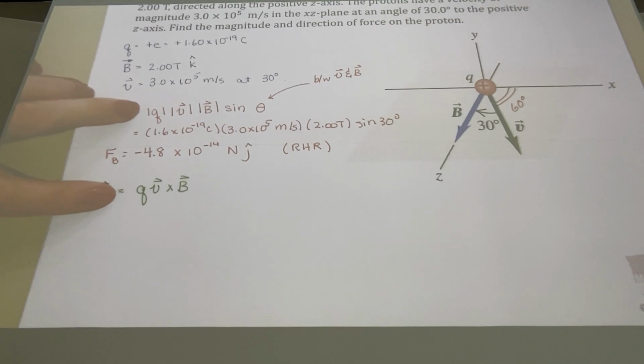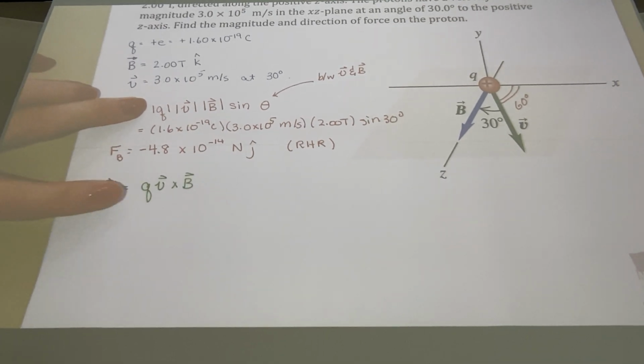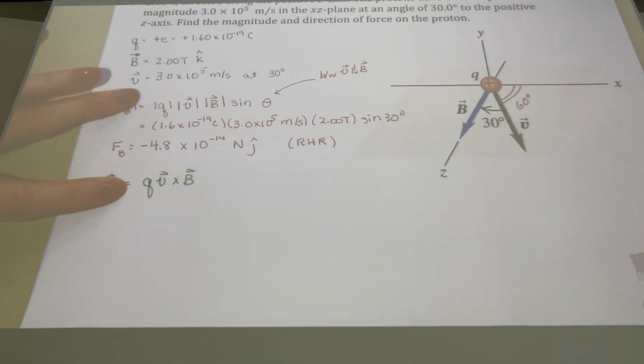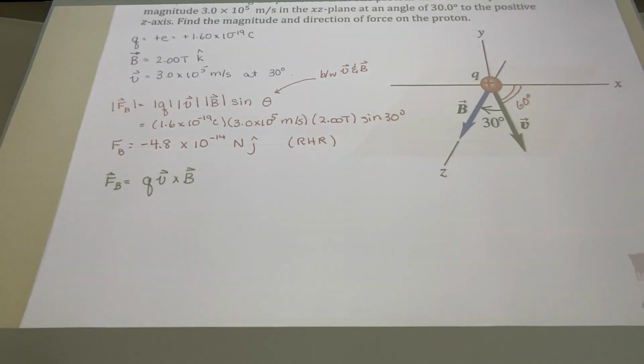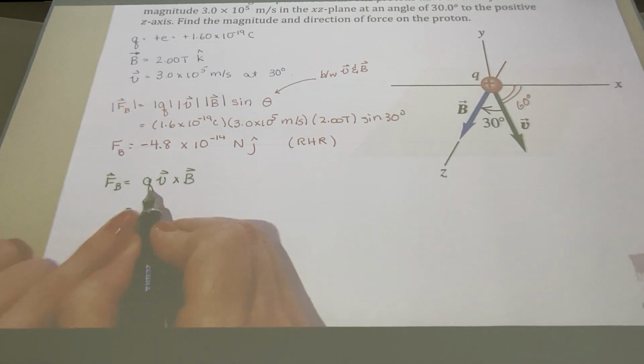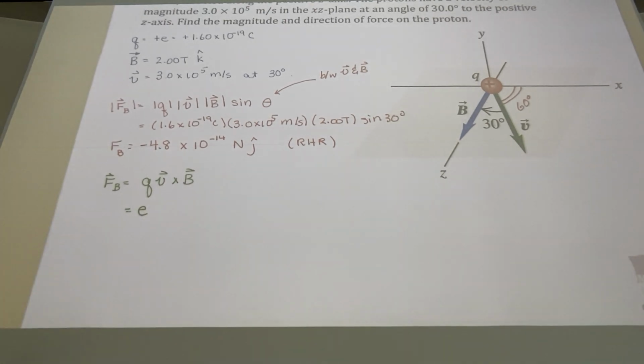I tried to be careful here. When we were doing the magnitude of the force, we used the magnitude of the charge. If we're using the vector equation, we put in whatever the charge is, positive or negative. So up here it's a magnitude, here's whatever it is. So what are we going to put in here? Charge on the proton is just e. For our velocity vector,